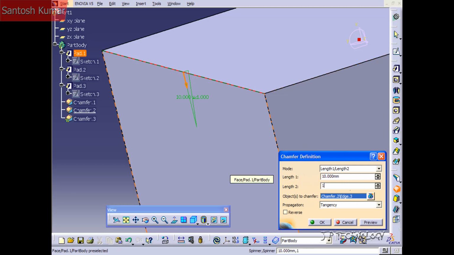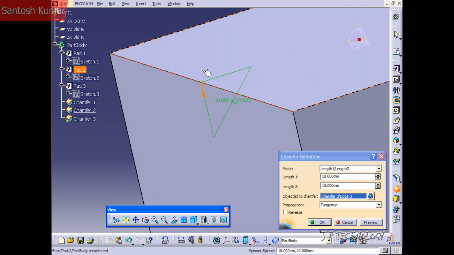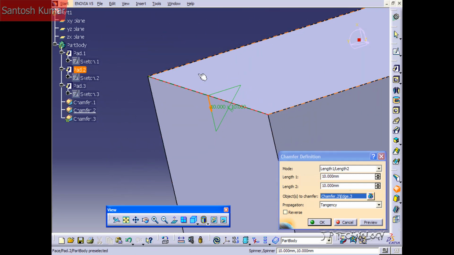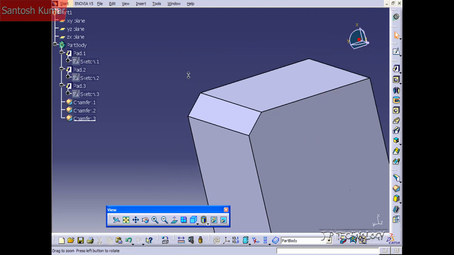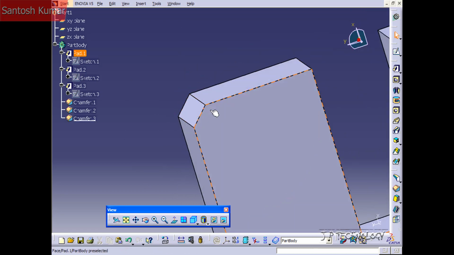So if I did a 10 by 10, click preview, really that's the same as having a 10 millimeter chamfer with a 45-degree angle. So it's just a different way that you're able to parameterize your chamfer definition. And let's click OK, and you can see that it cut out a 10 by 10,